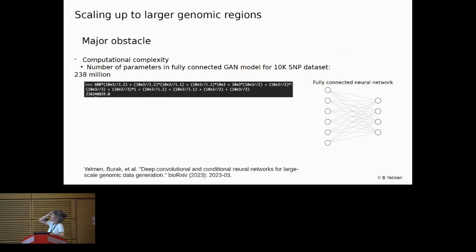So, okay, that's nice, but of course, it would not be fun if you didn't have some issues that you need to fix further. One of the issues is that since it was a fully connected architecture, it went well for, say, simulating 10,000 SNPs that cover 2 million base pairs of the genome. But if you want to scale up, that's going to be a complication, right? You're going to increase drastically the number of parameters, and that's not feasible.